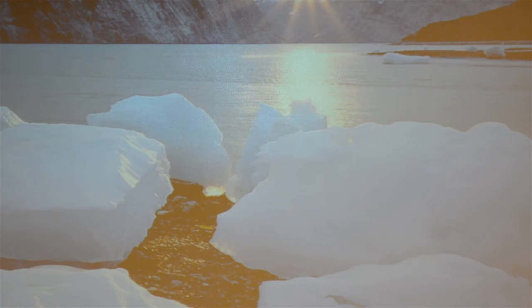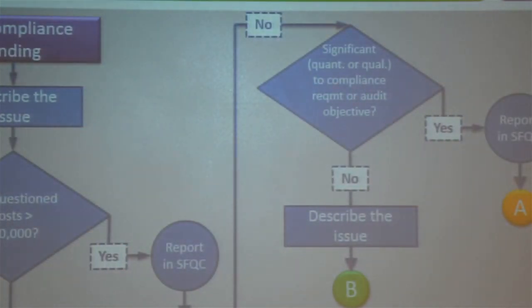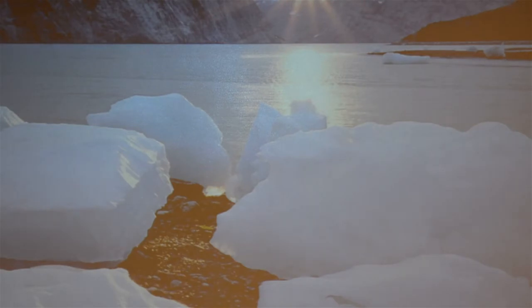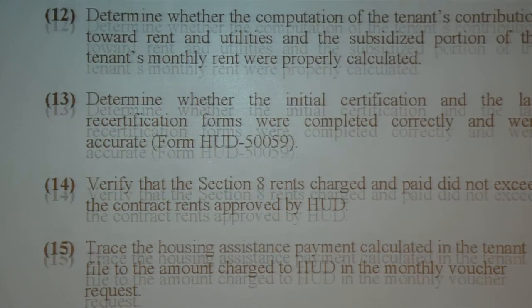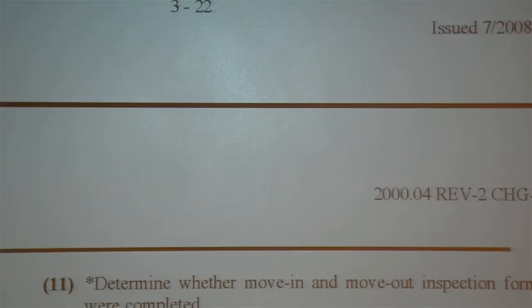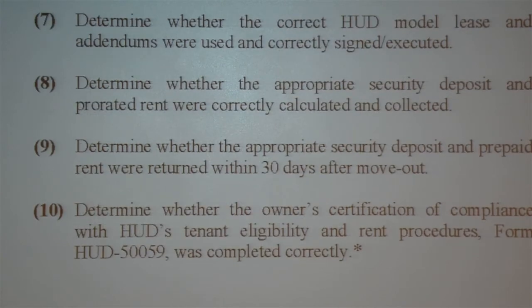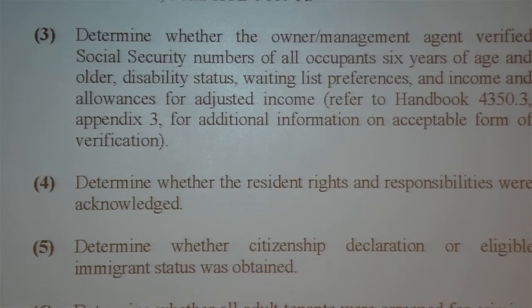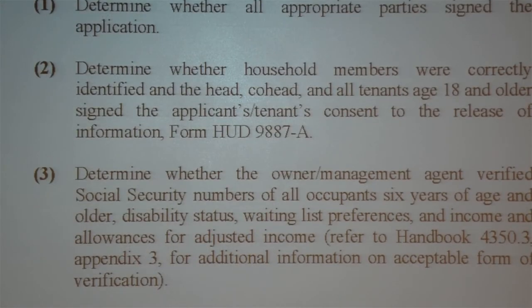So if I came back to this, sorry, this didn't exactly create the thing I wanted to create. If I came back to this discussion and I went back to the HUD audit guide, okay, is it qualitatively or quantitatively material to run EIV or to not run EIV? Okay, so we go back. Now, this is the problem. You're going to see another problem here in a minute with this that I haven't pointed out exactly yet.